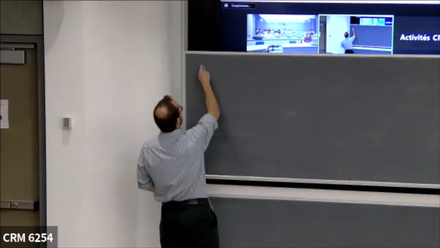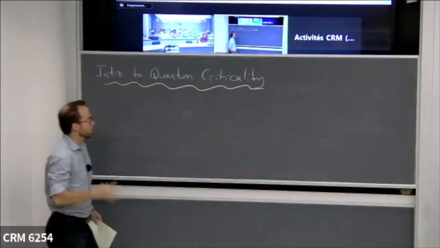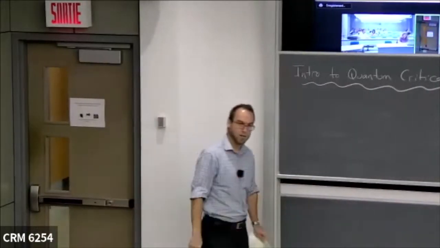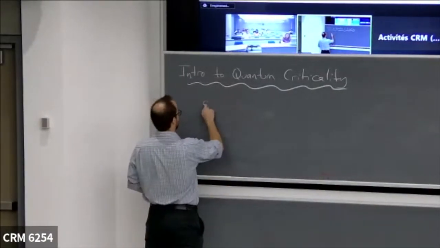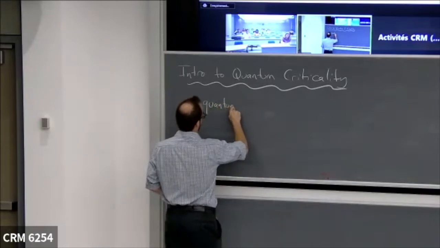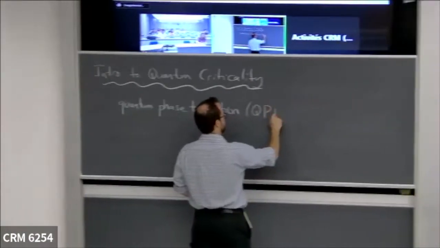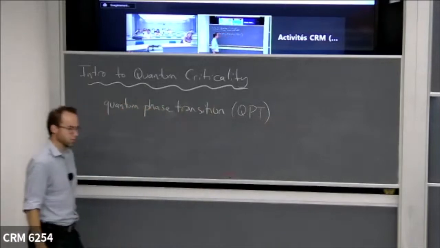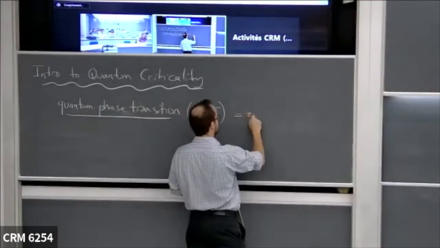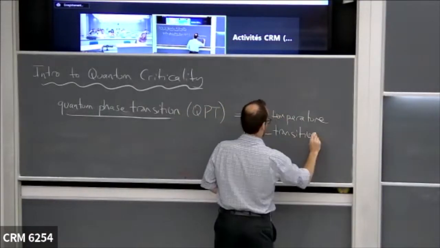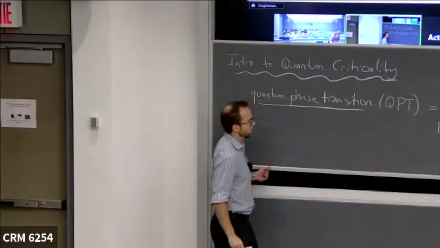So this will be an introduction to quantum criticality, which is probably one of the areas where conformal field theory and many body physics really merge together, which is the theme of this workshop. So in this field, we're interested in quantum phase transitions. Okay, so we all know about ordinary phase transitions, water turning into ice and so on. What's a quantum phase transition? Well, it's a transition that happens at zero temperature. So at zero temperature, there are no thermal fluctuations, which are the usual things that will drive